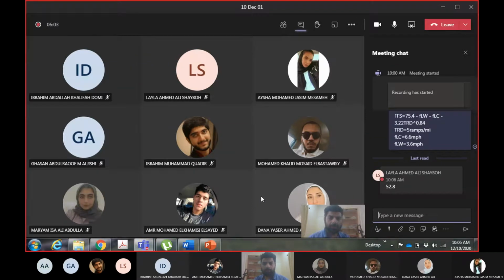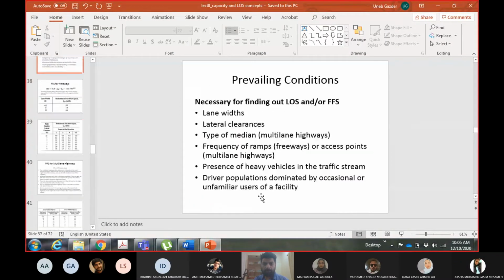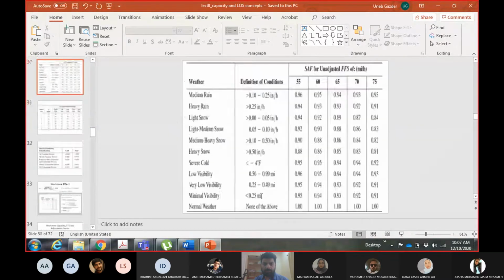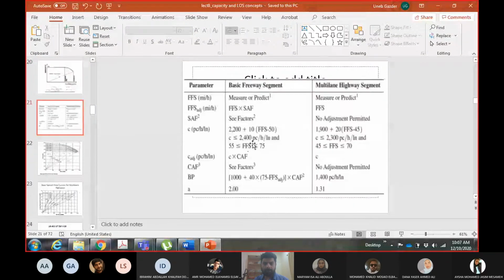Now the second thing which we will find out is the capacity and breakpoint. Let me go to that equation. These are the equations for capacity and breakpoint, so we'll find out these two things. You can see that for free flow speed they have mentioned some adjustment factors, but there were no adjustment conditions given in the question. They did not mention any incident, or whether we are doing it in daytime or nighttime. Area is mentioned as urban area. So adjustment factors are not required here.